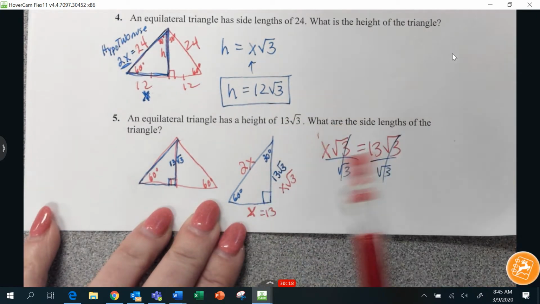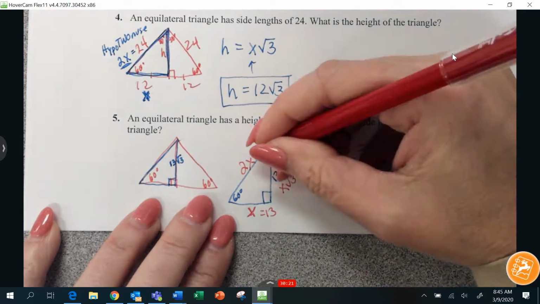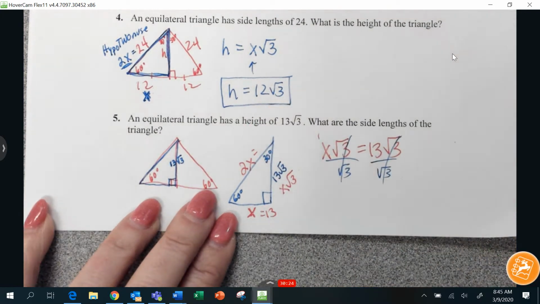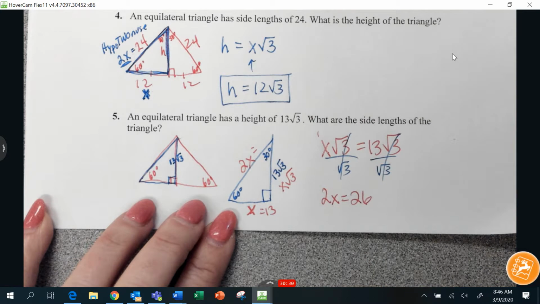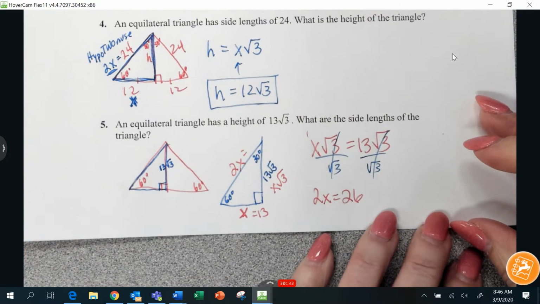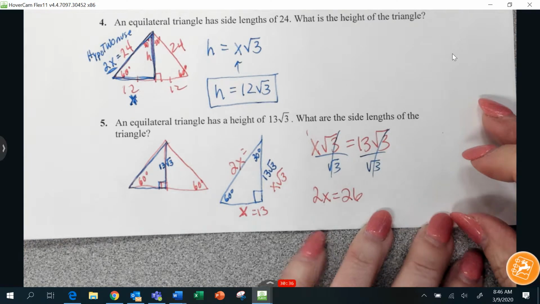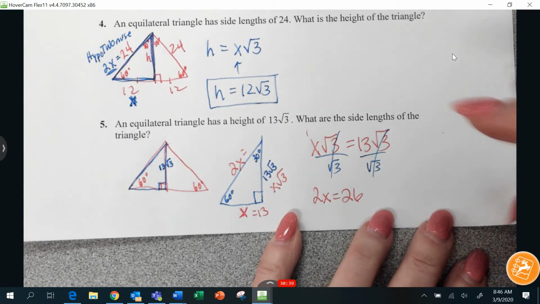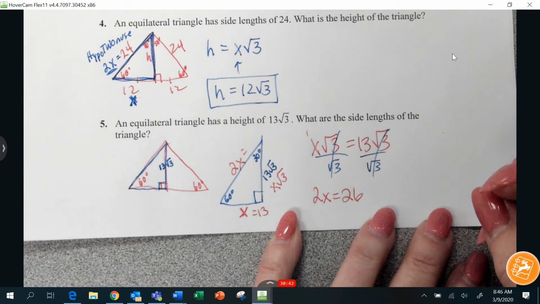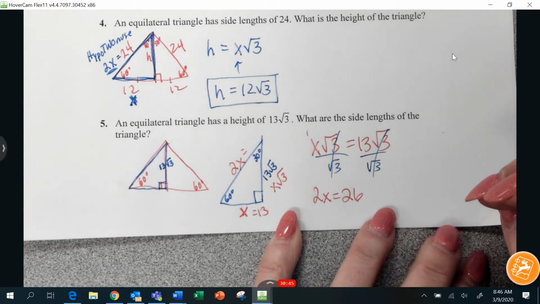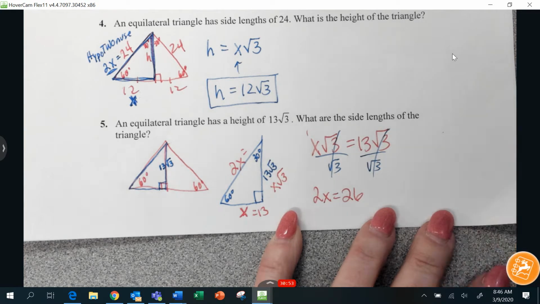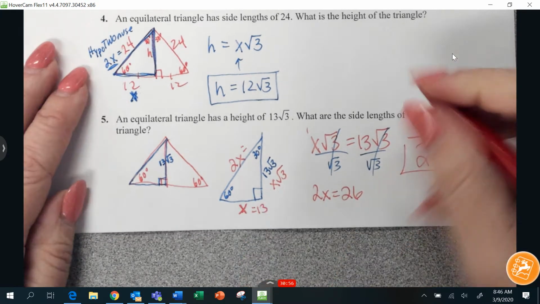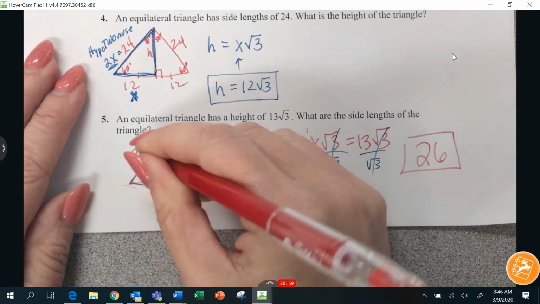What am I supposed to do? What are the side lengths of the triangle? So what would 2x be? Alex, what's 2x going to be? 26. So what's the answer? What are the side lengths of the triangle? Is the answer 13, 26, 13 radical 3, or x radical 3? What's the answer for this one? Lynn, what do you think? 26 is the only answer because they're asking about the original equilateral triangle, which has 26, 26, and